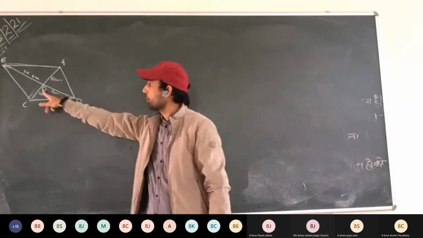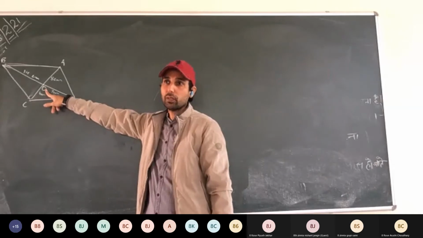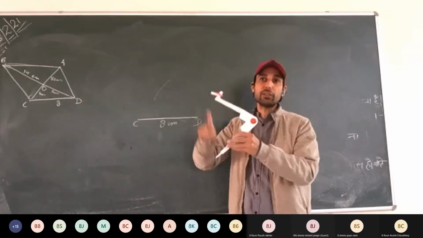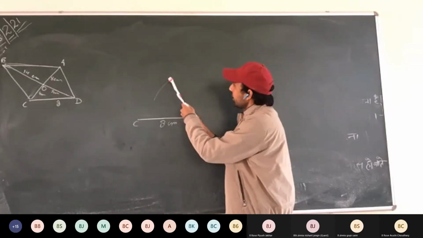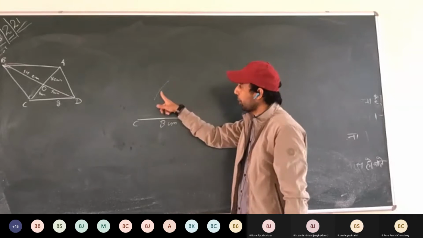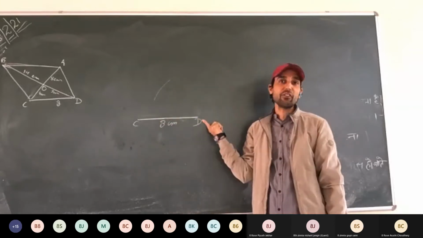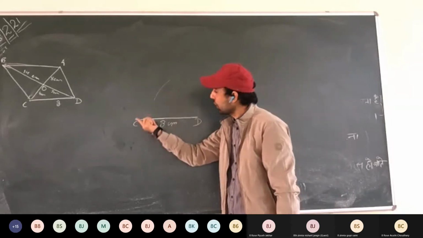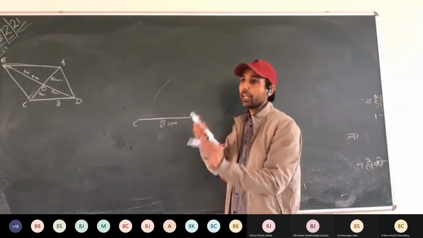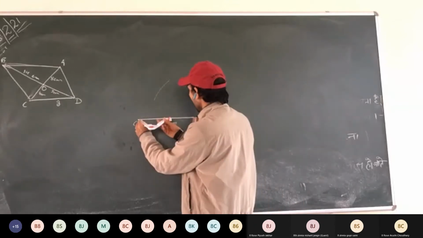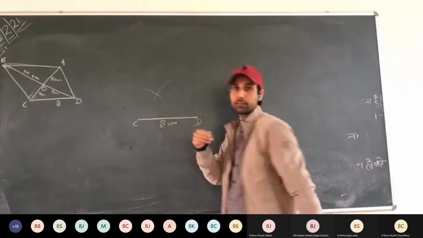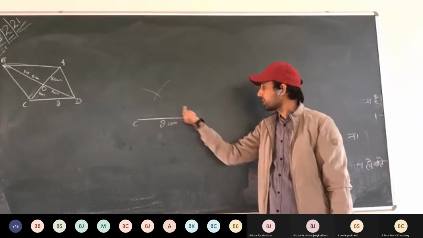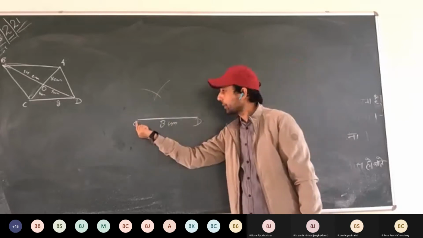From D we are finding the location of O. It is how far from D? 7 centimeters. So take a radius of 7 centimeters. From D, draw an arc. Every point on this arc is 7 centimeters away from D. And we have to find a point on this arc such that it is 4 centimeters away from C. So take a radius of 4 centimeters and make an arc. So we have got O, the midpoint. It is 7 centimeters from D, 4 centimeters from C.